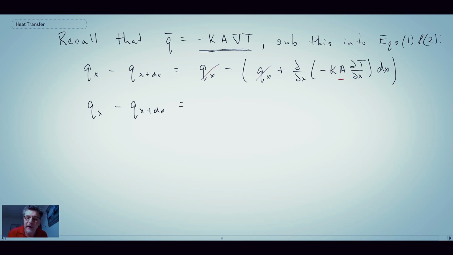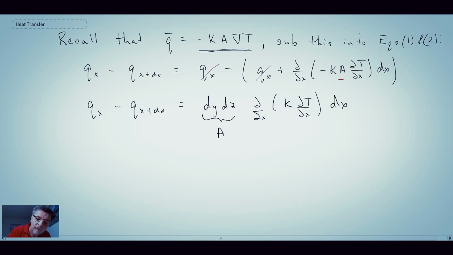The area, in terms of the x direction, is going to be the other two dimensions, so dy dz. So there is the area. The minus sign disappears because it's a minus minus, and then